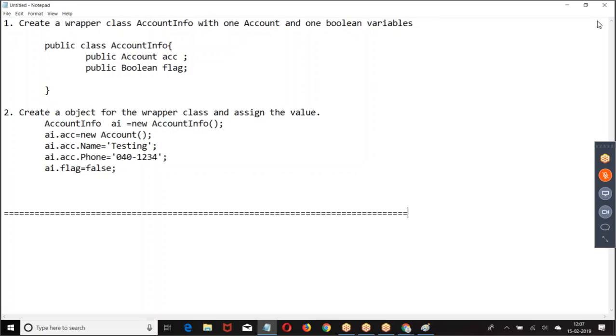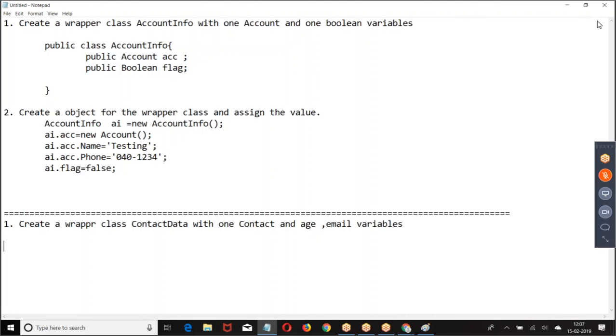Let us take one more. Create a wrapper class, contact data with one contact, age, create an object for the wrapper, complete the second example.